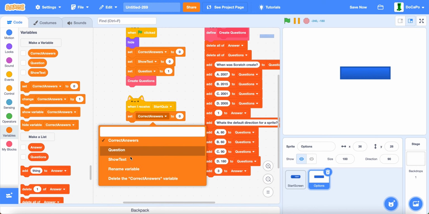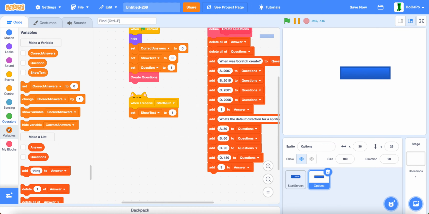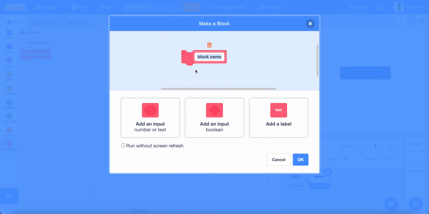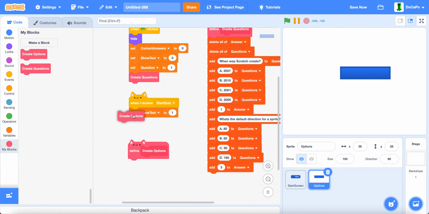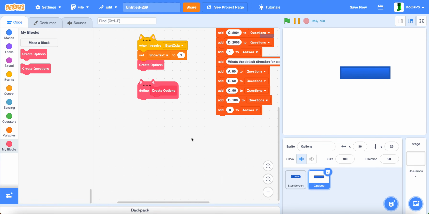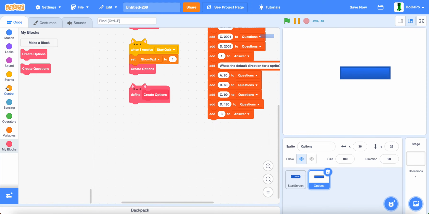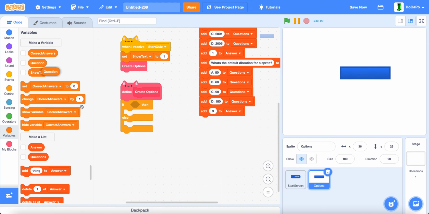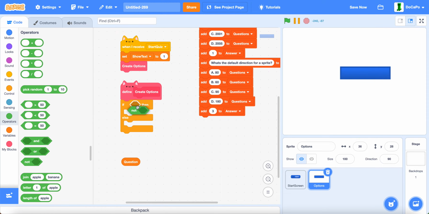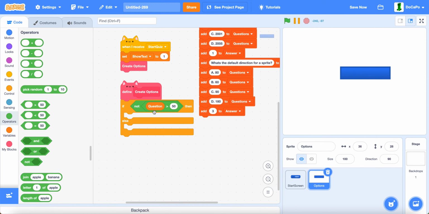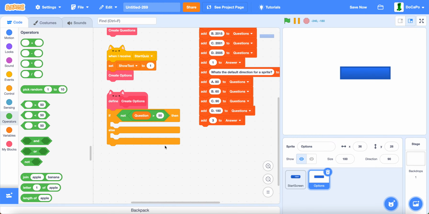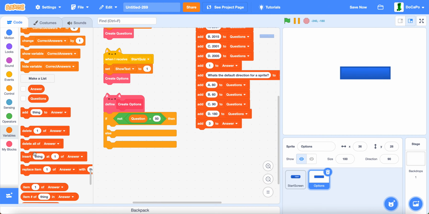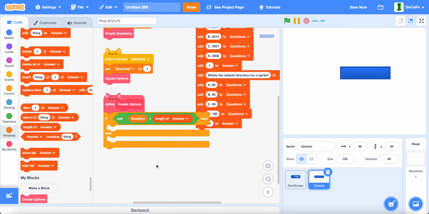set show text to 1, and then create a new block named create options, run without screen refresh. Now create options in there. Now creating options, if else question is not greater than length of answer, then